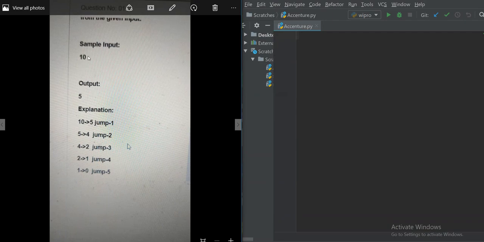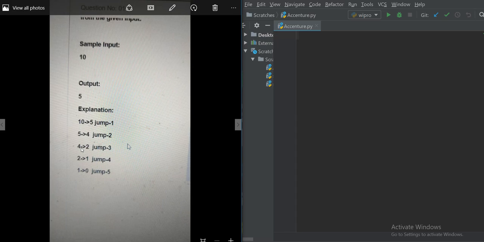We have 10 as our sample input. 10 is an even number, so we move n by 2, from 10 to 5, and that is one jump. 5 is an odd number, so we move only one step, 5 to 4, and that is the second jump.